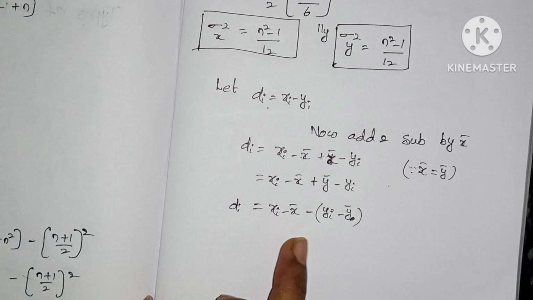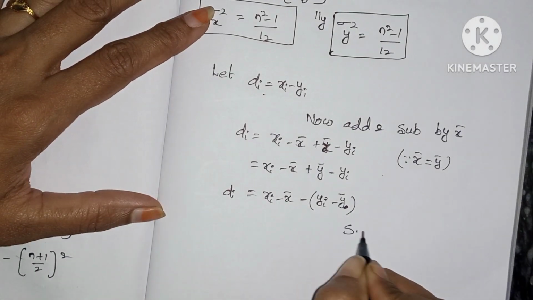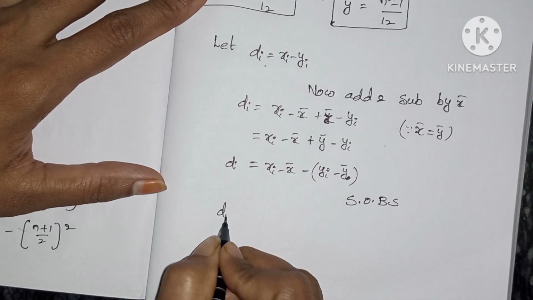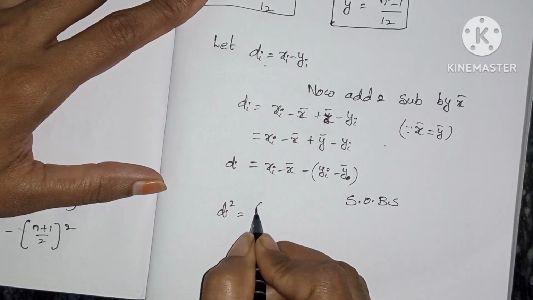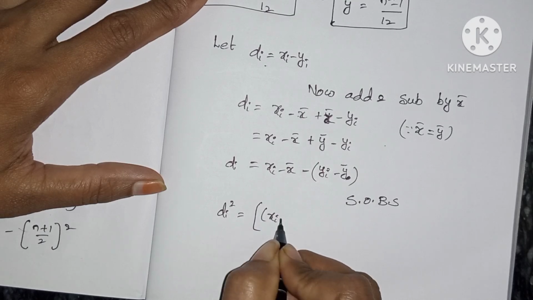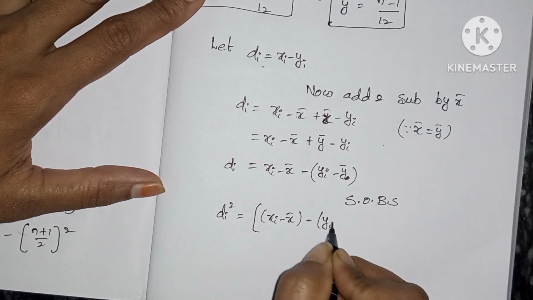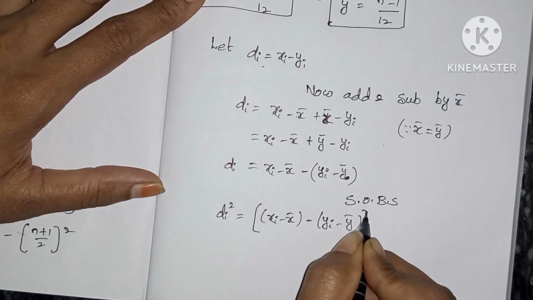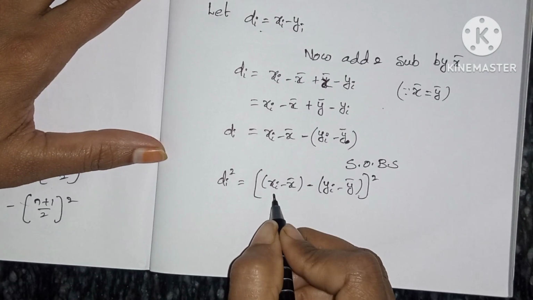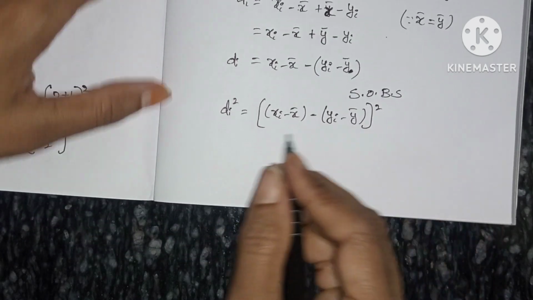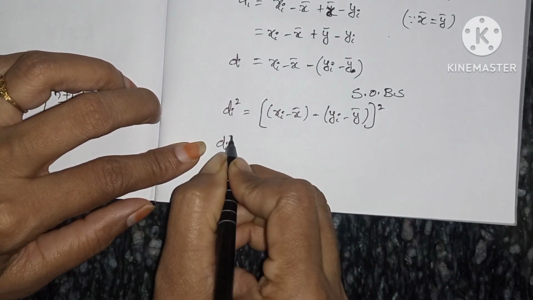So that's why we have to do squaring on both sides. So di square equals xi minus x bar minus yi minus y bar, whole square. So this is x, this is y. So x minus y whole square, nothing but di square equals